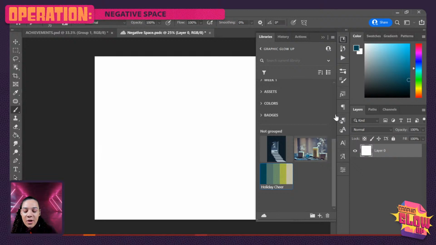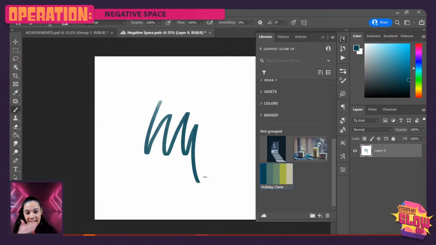Also, remember, folks, please remember this because this is such a lifesaver sometimes. When you are working with libraries and you add colors from your CC libraries, I can actually come over here, never forget it, and click on the actual color. It's not just an image. These are actually separated out into colors as if